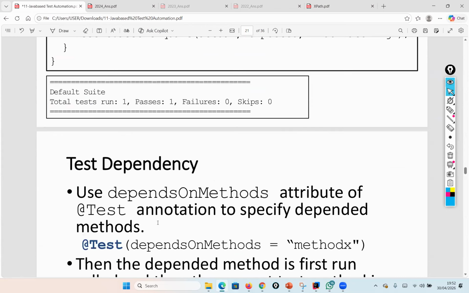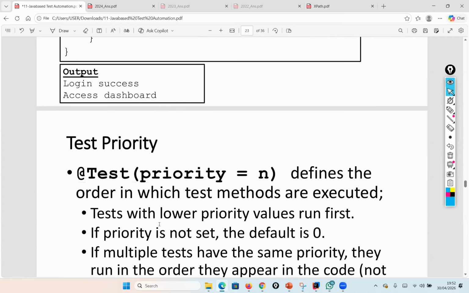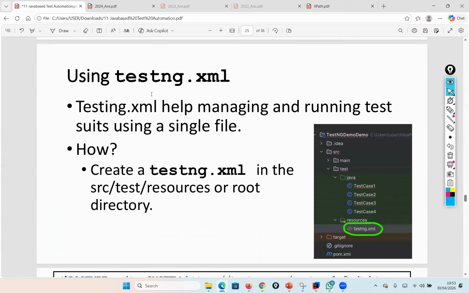We'll get back to assertions later. Now I will explain what a test suite is. So a test suite is a set of test classes. A set of test classes bundled together, we call it a test suite. So then how to create a test suite? In order to create a test suite, TestNG